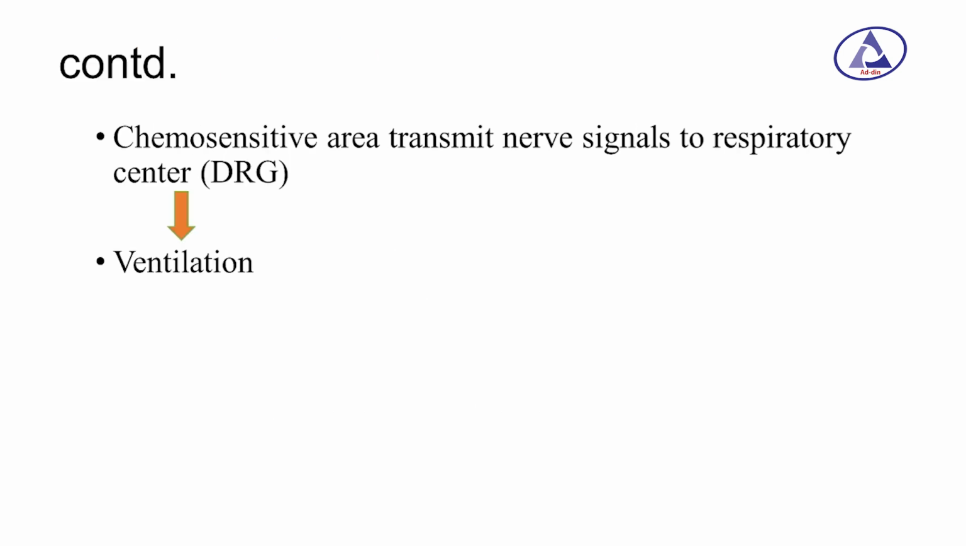This is how the chemosensitive areas transmit the nerve signals to the respiratory neurons of the dorsal respiratory group. And whenever this neuron is stimulated, it sends signals to the other muscles, the intercostal nerve, যেটা তোমরা রিদমিক ব্রিদিং এ করছো সেটা। ঠিক আছে, তাহলে আমরা আজকে এই পর্যন্ত রাখি। ঠিক আছে।